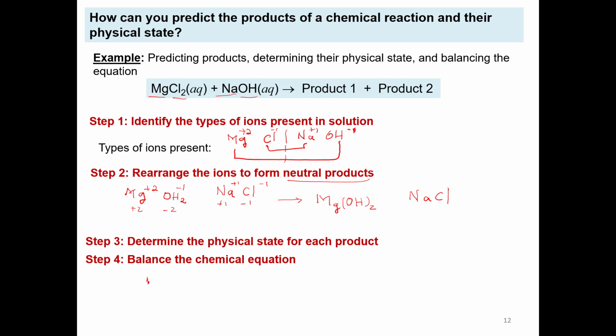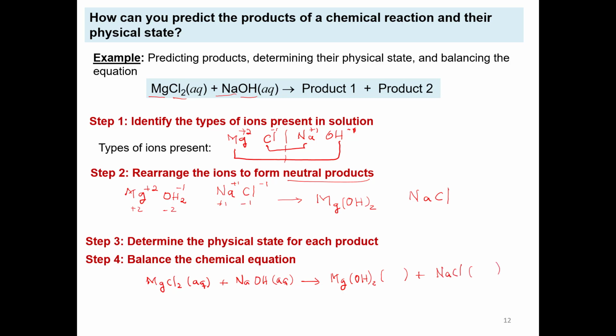And if we had sodium hydroxide, which is AQ, we will get, and I will leave some space here for the physical state. Let me write this one again. Plus